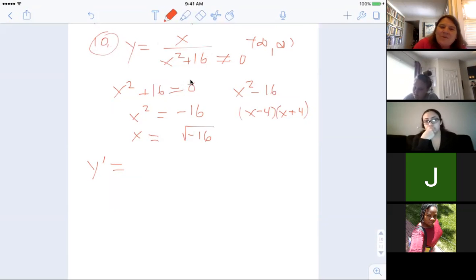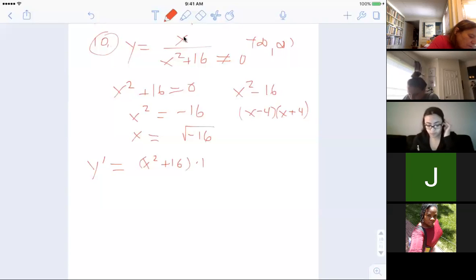Now, this is the one derivative that some people got wrong because they just differentiated the top and then did the bottom. The quotient rule says you got to take bottom, x squared plus 16 times the derivative of the top, which is 1,